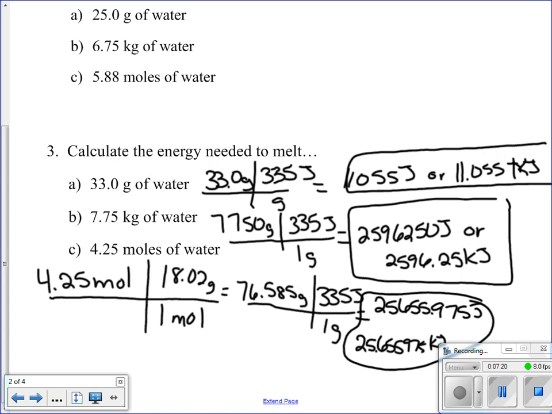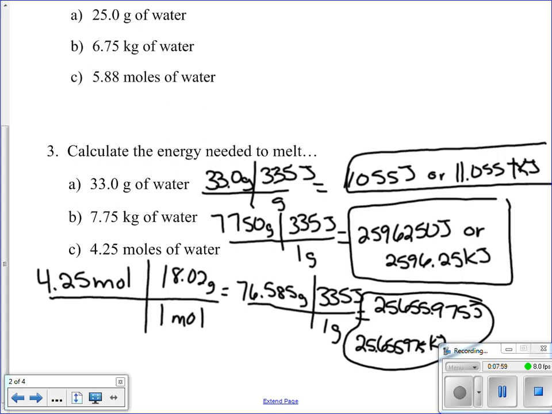On number 6, you're going to get your answer in joules. For the first part, you're going to take your 20-gram sample and you're going to multiply it by the correct delta H value to get joules. Then you're going to use that Q equals MC delta T. M is your 20 grams. C for water is 4.184. Temperature goes from 20 to 0, so 20 minus 0 is 20. You'll calculate your Q, and then you'll add your 2 answers together, and that will give you your total value